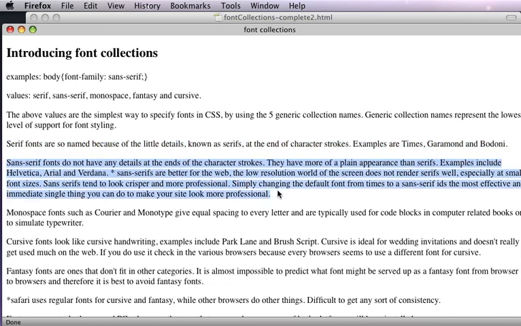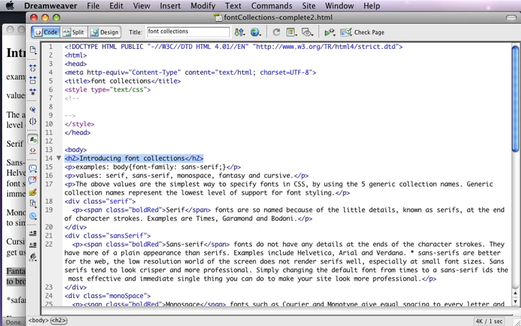Sans serif has its own div around it. Monospace, its own div. Cursive, and finally fantasy. And the reason that I put these here is because we're going to style these different sections to take on their appropriate font collection. So going back to our XHTML document, I did just want to point this out to